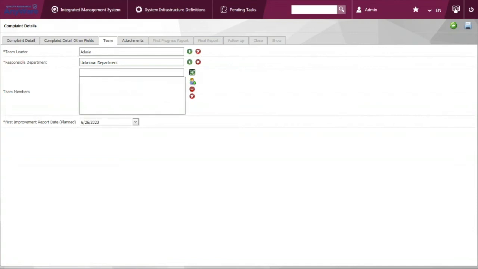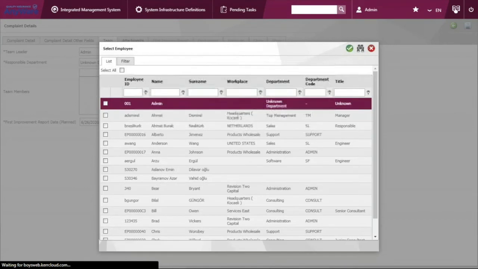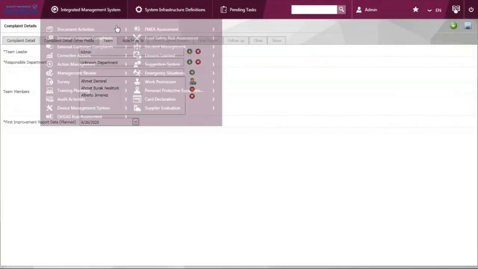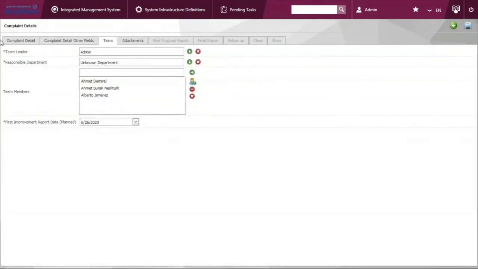If there's any team member that you want to invite, you can always update the team member list, and this will be the solution team for this particular complaint record.